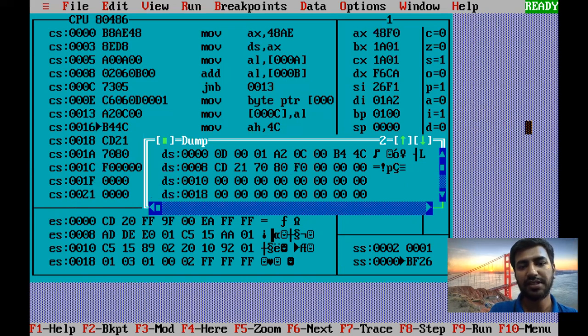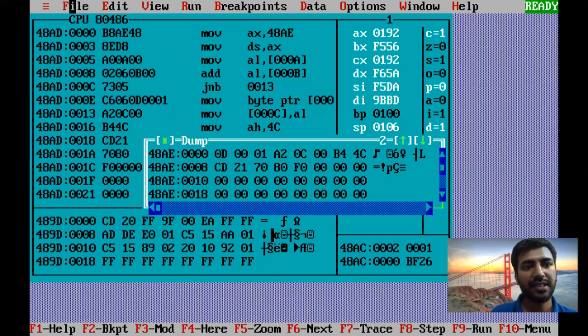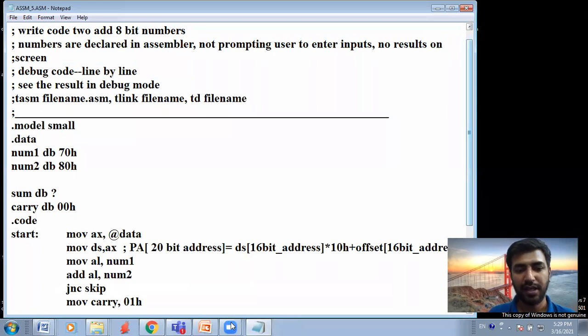The memory location has got updated. So that's it. My job was to show how debug mode actually functions, and how a programmer can use debug mode. And that's it for this lab. Thank you.